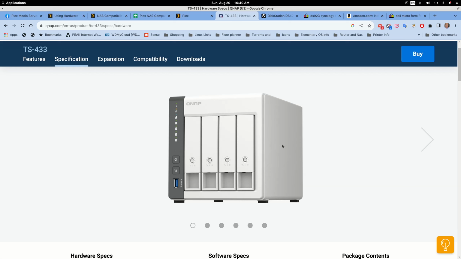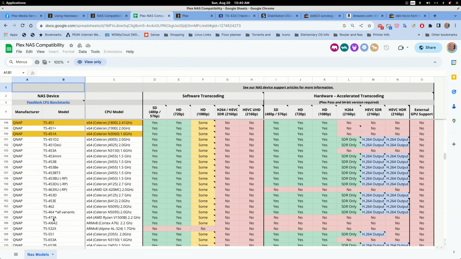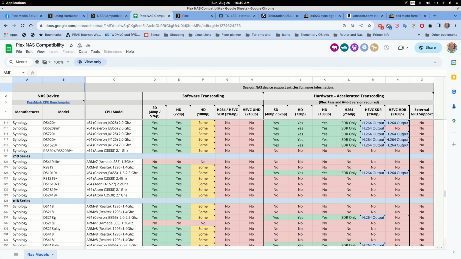the software side of the CPU itself has no real power. So a software transcode is going to fail, as it would on more powerful processors if you're up to the 4K media size. So this is definitely out. This is not a choice unless you were going to run Plex somewhere else and just host your media on it. So if we go back to the compatibility guide and go down to Synology,